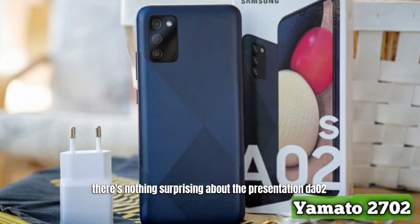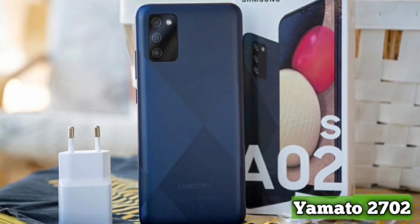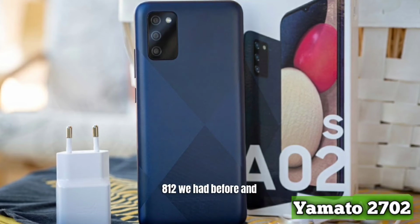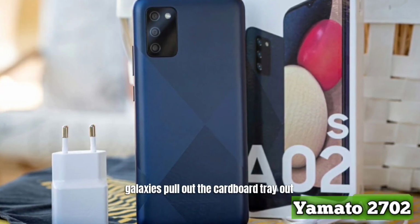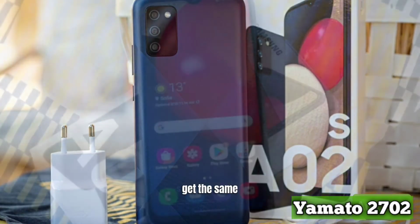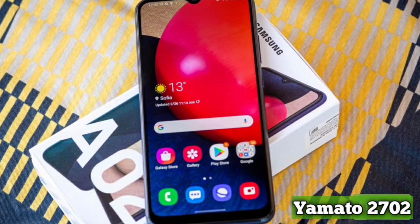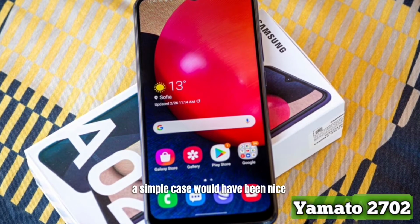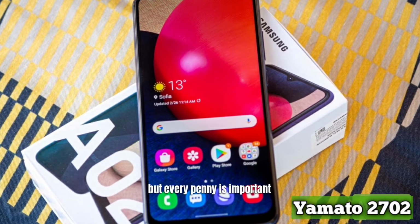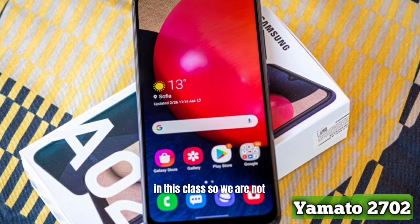There's nothing surprising about the presentation. The A02s ships in the same packaging as the A12 we had before and most other affordable Galaxies. Pull the cardboard tray out of the sleeve, and you'll get the same bundle: the phone itself, a 15-watt adapter and a USB A-to-C cable. A simple case would have been nice, but every penny is important in this class, so we're not bothered by